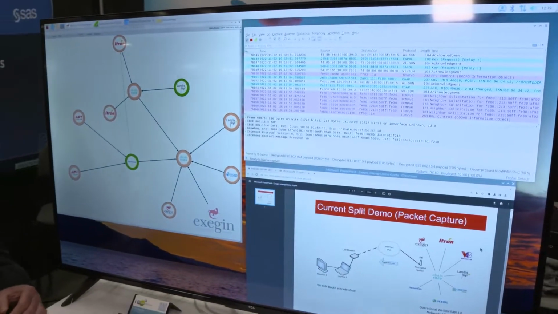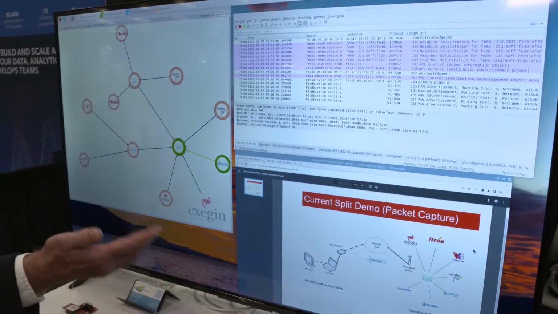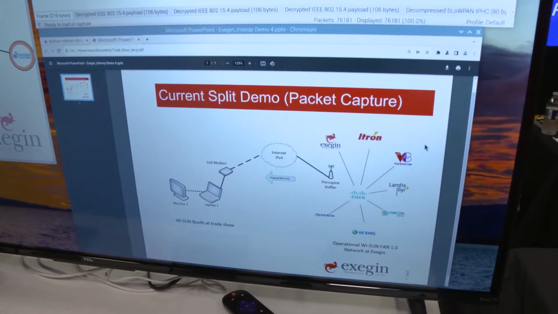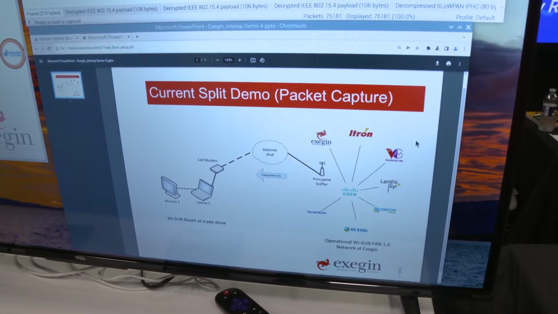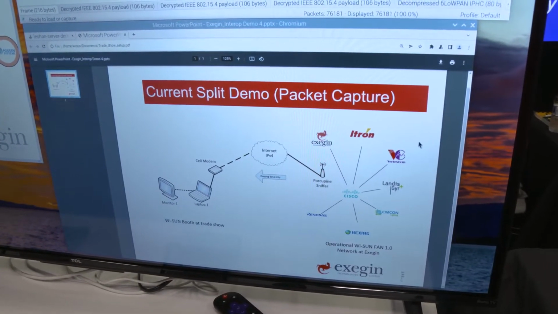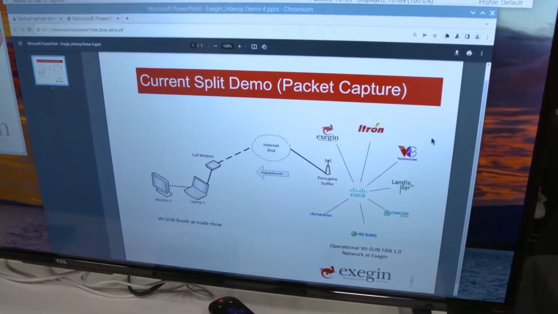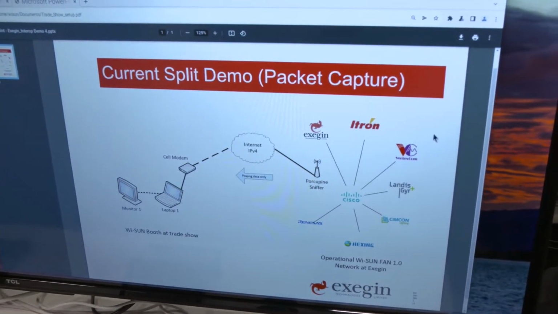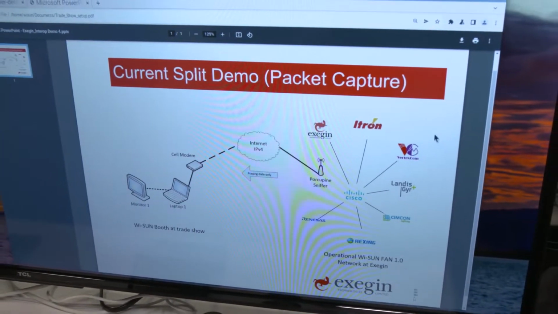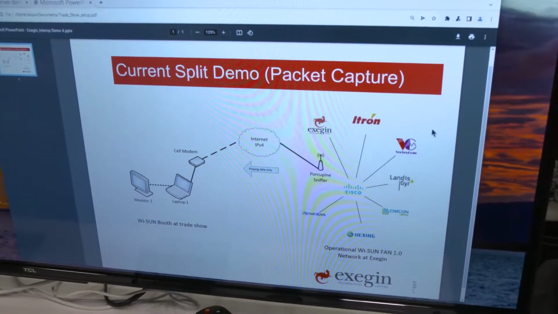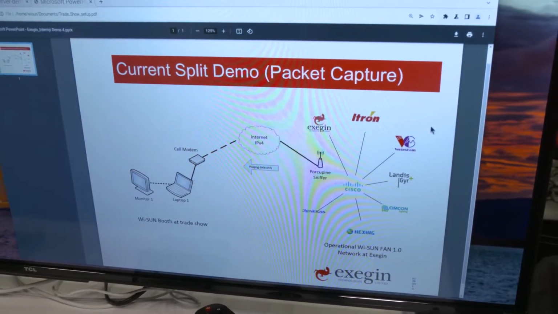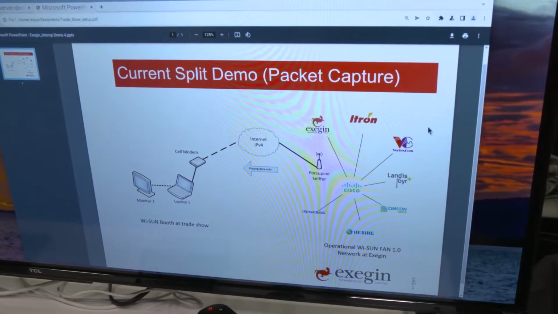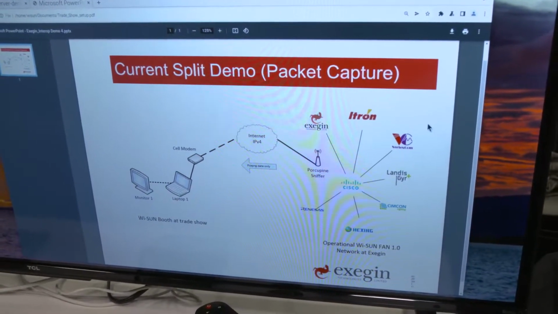So what we have in the bottom right is the actual network configuration. What we're showing on the left side is this monitor connected through a computer and a cell modem through regular internet up to Vancouver where the lab is. And then we are showing a mix of vendors' equipment all communicating on the same network. So just above that is